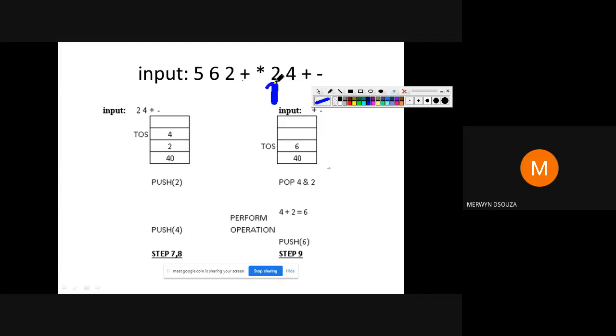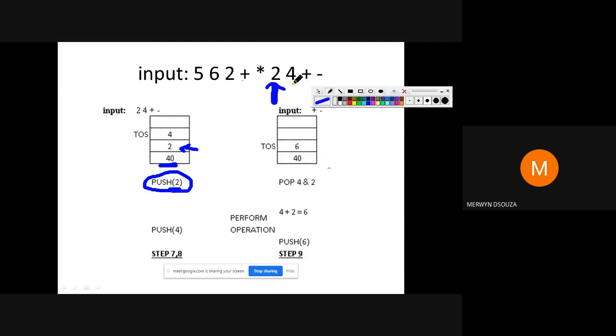When you read the next token, you see that this token is a number. So if it's a number, which step do you perform? You perform step 2B. You push this number onto the stack. Only 40 was present. When you push 2, you will get like this.